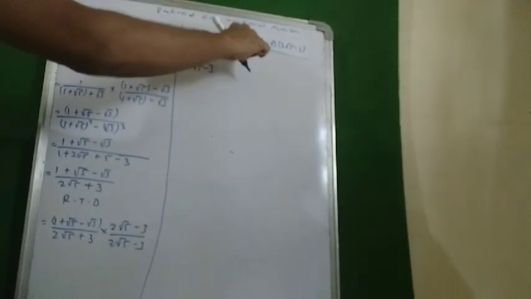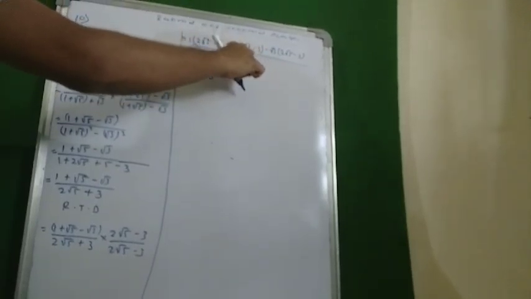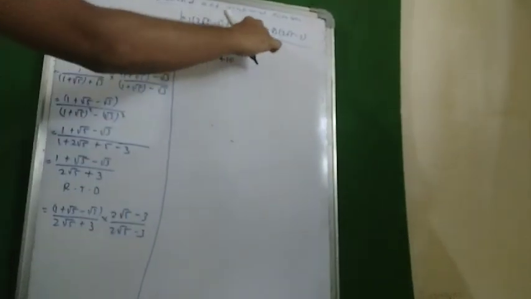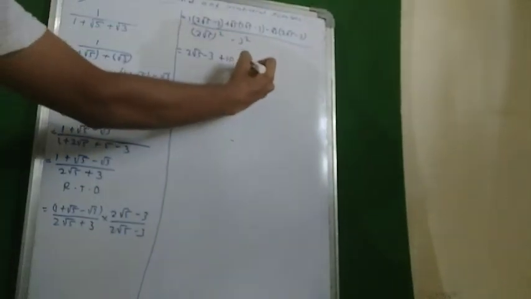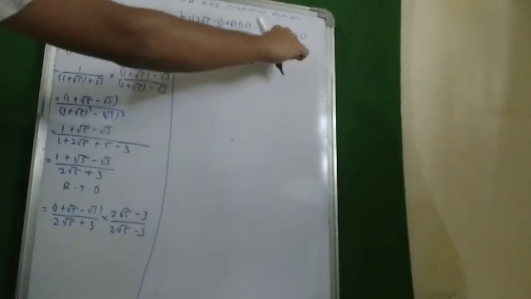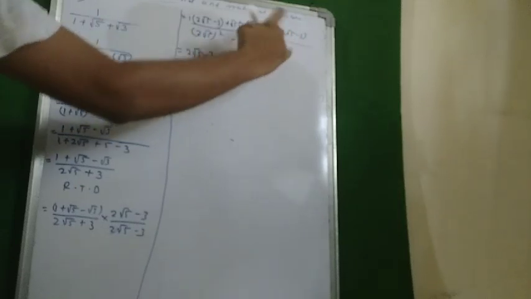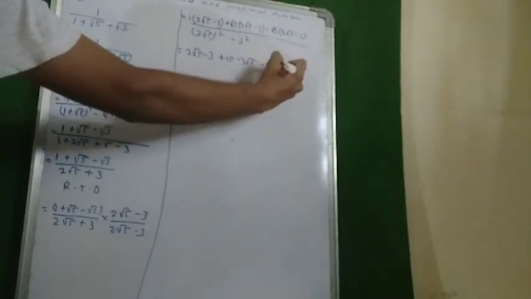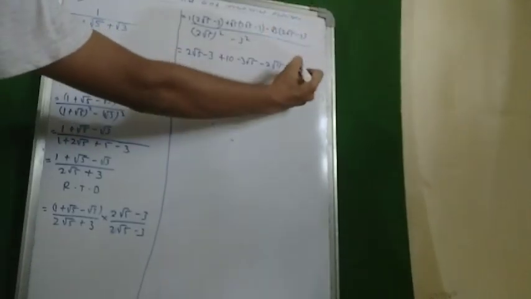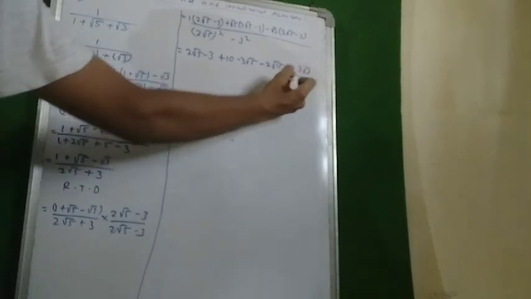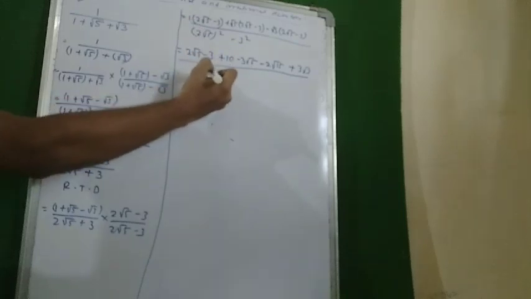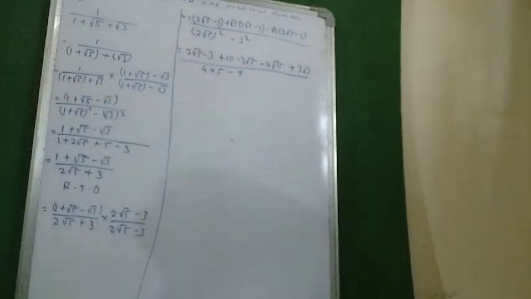When I multiply square root of 5 by this, square root of 5 into square root of 5 is 5, and 5 twos are 10. Okay. Square root of 5 into minus 3 is minus 3 square root of 5. Then this minus sign, root 3 multiplied by 2 root 5, root 3 into root 5, 5 threes are 15, so it is minus 2 root 15. Okay, and minus minus becomes plus, 3 into root 3 is 3 root 3. In the denominator, 2 square is 4 and square root of 5 square is 5. Minus 3 square is 9 as it is.